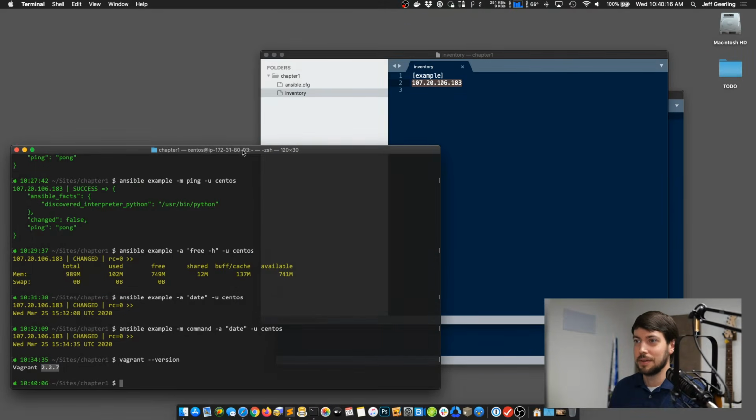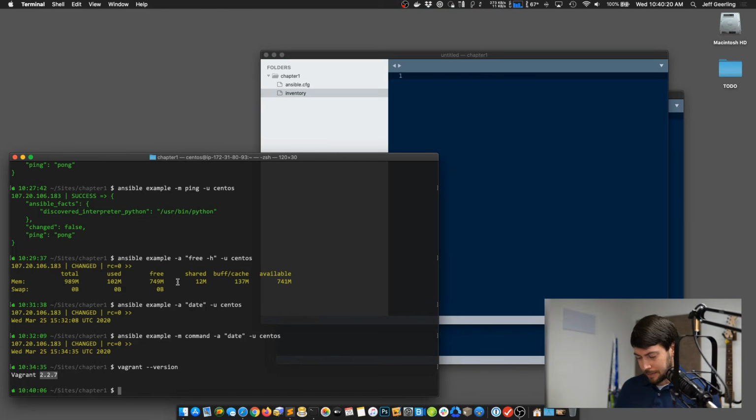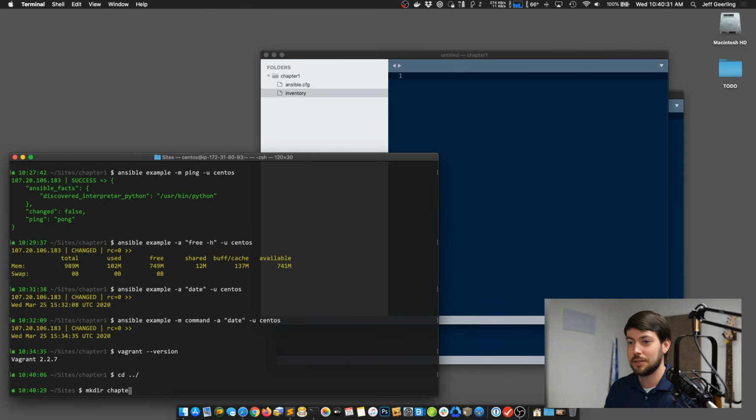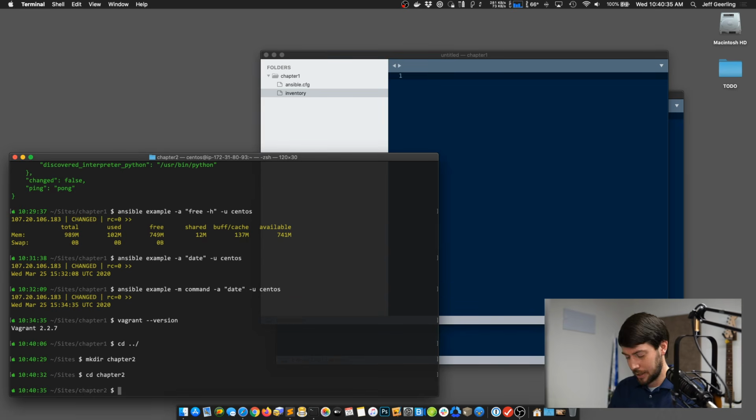I'll go ahead and close that window out. So I'm going to close this. And for the first server that we're going to do, I'm just going to create a quick CentOS 7 VM. And I'm going to make that in a new directory. So mkdir chapter2, because that's where we are right now. Chapter 2. And what I'm going to do is run the command vagrant init, which creates a